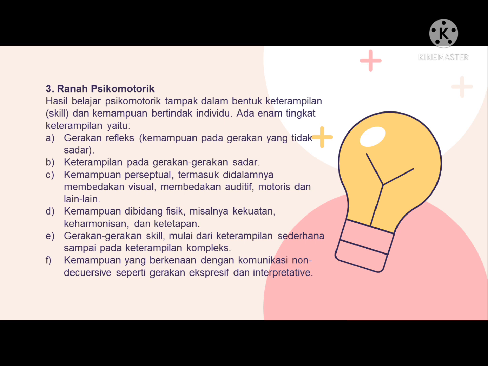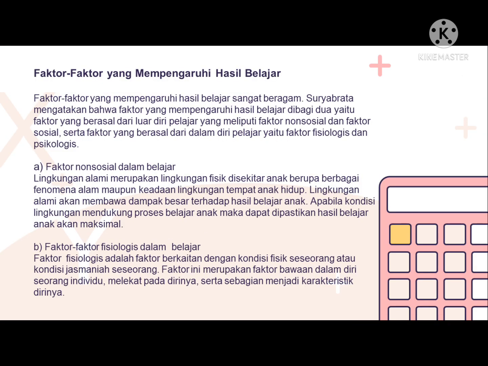and acting abilities. Factors that influence learning outcome. The factors that influence learning outcome vary widely. Surya Brata said that factors that affect learning outcome are divided into two, namely factors that come from outside the student, which includes non-social and social factors, as well as factors that come from within the student, namely physiological and psychological factors. A non-social factor in learning: natural